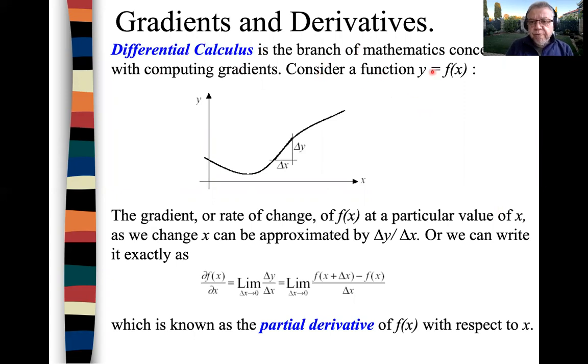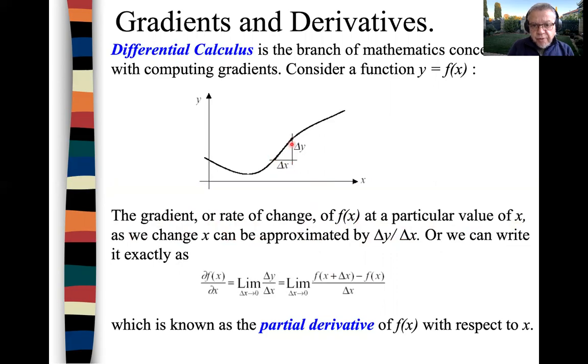If you consider the function y equals f of x, so y is a function of x, the gradient or rate of change of f of x at a particular value of x, as we change x from x to x plus delta x, can be approximated by delta y divided by delta x. So it's the rise over run,